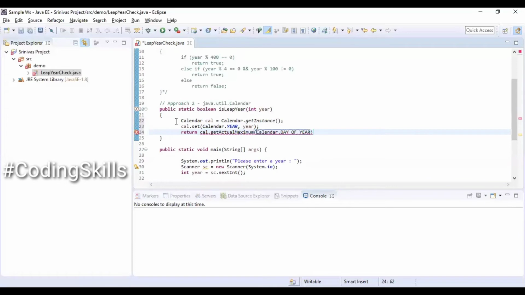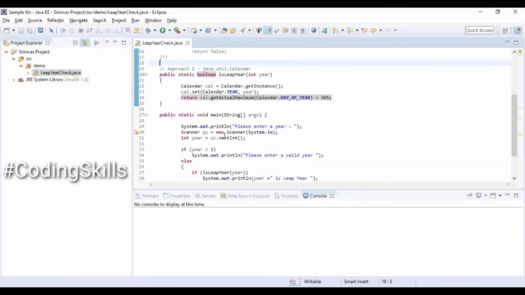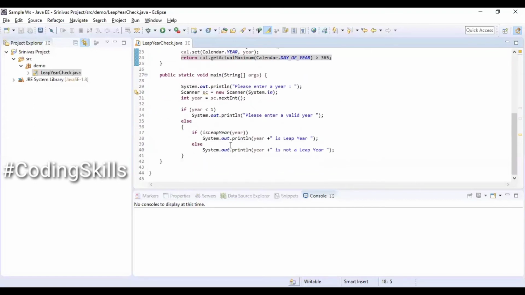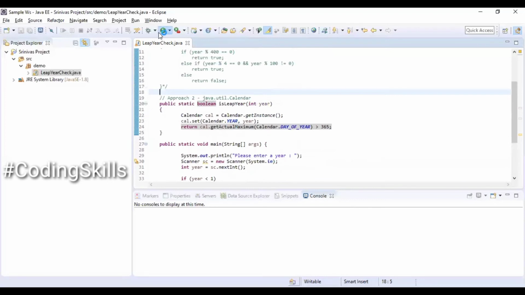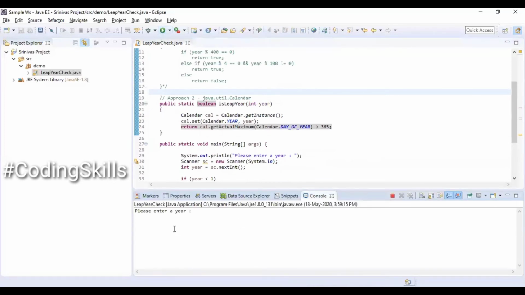So we are invoking a predefined method from the Calendar object. If that returns more than 365, which means it is a leap year. So we are done with the approach 2 logic.